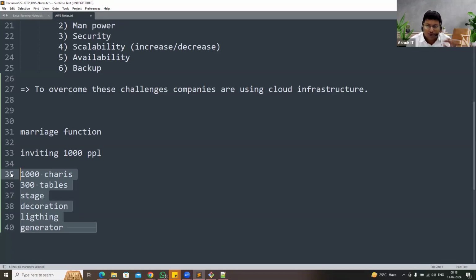Okay, you have a lot of money, but fine, you purchased it. After 2 days, where will you keep those 1,000 chairs? Where will you store them? Will you keep 1,000 chairs in your house? Will you have that much space in your house? No. Where will you keep 300 tables? Where will you keep the generator? How will you manage that? Then you need to leave your software job and you need to run the tent house. Yes or no? Yes. So is it recommended to purchase this infrastructure for marriage, or it is